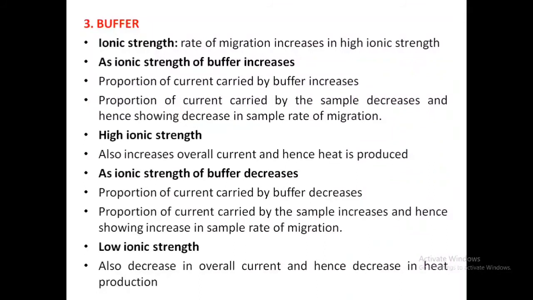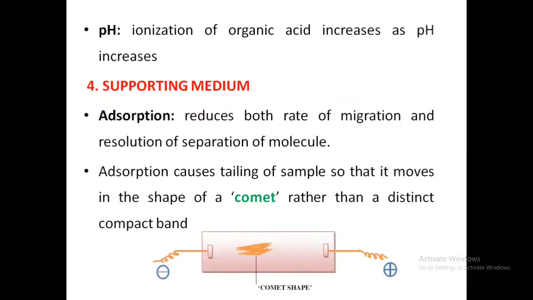Next parameter, pH. Now ionic strength is over, pH. You see, if pH is increasing, automatically it will show an effect on ionization. So finally migration rate is going to change, because you know that pH means the negative logarithm of H plus ion concentration. So it is related to concentration, and that concentration is going to show an effect on your migration rate.